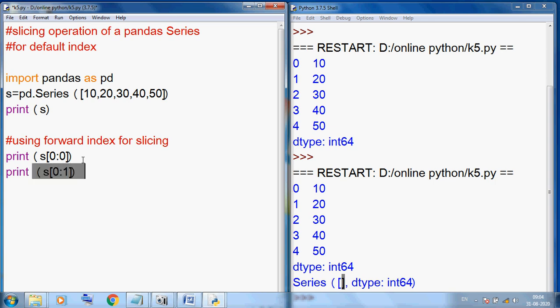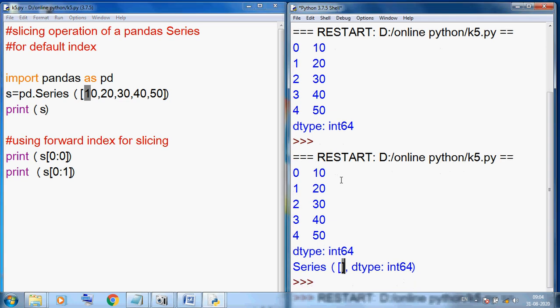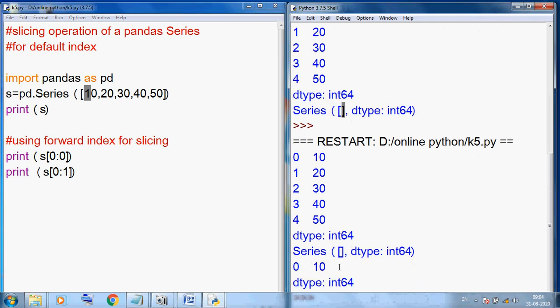Start from 0 position and stop 1, but this is one less, so start from 0 and stop again at 0, so it will show the 0 value. Control S F5. So our output is only 10, because start from 0 and stop again one less, so 0 position.